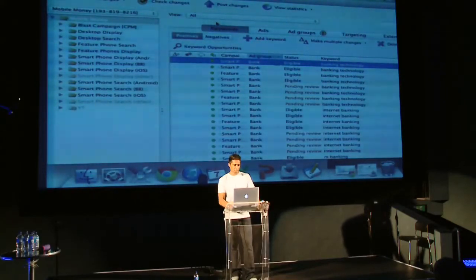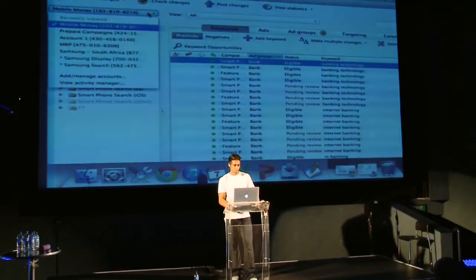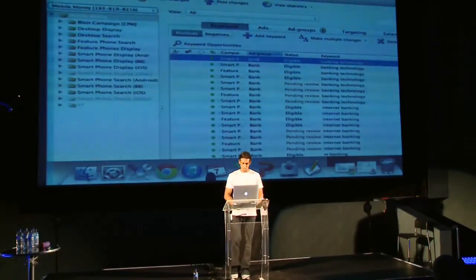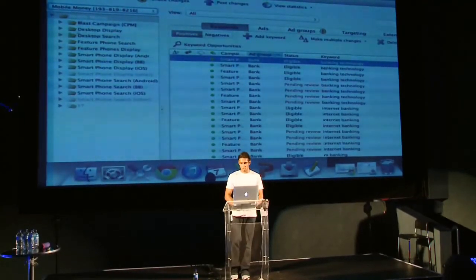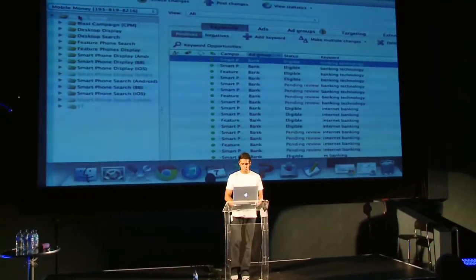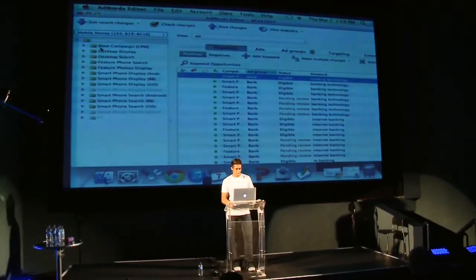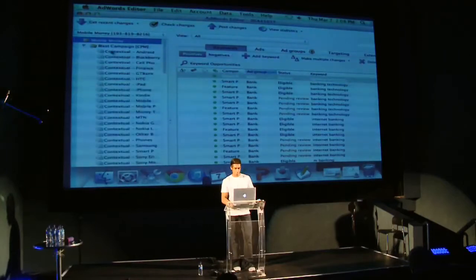You can also manage multiple accounts at the same time. It's very, very easy to navigate between them. We'll be going through different sections of the tool right now, starting with the left-hand tree menu on the side. At the very top is the name of your account, and underneath it are your campaigns. If you click on the triangle, you go deeper into the campaign, so you're looking at specific ad groups